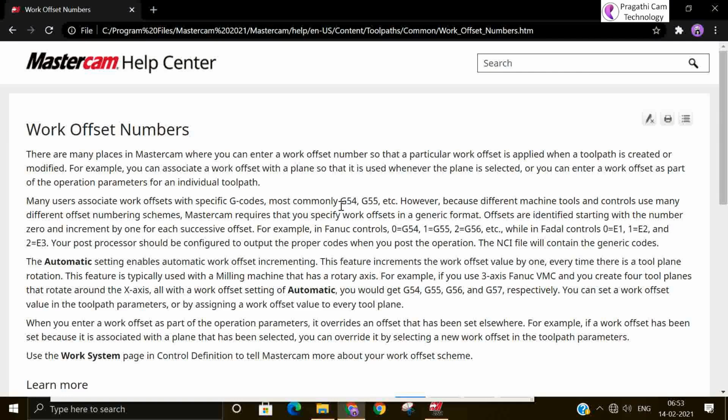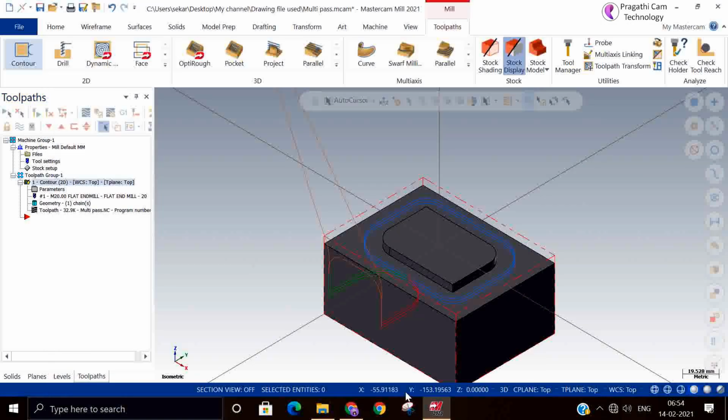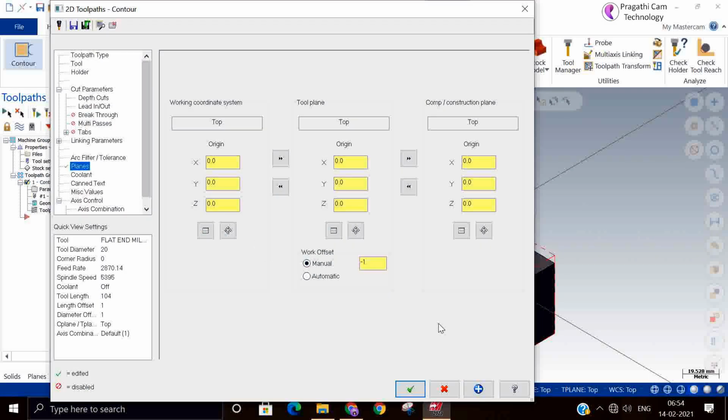Now you can see it here. By putting 0, you will get G54. If you put 1, you will get 55. Like this, if you change the value, you will get a different work offset. For a different controller, it may be different. For Fanuc, it works in this way. So now we will keep it at manual only.